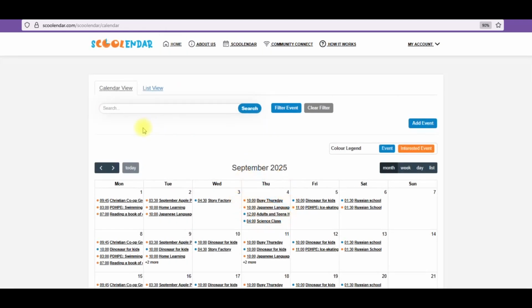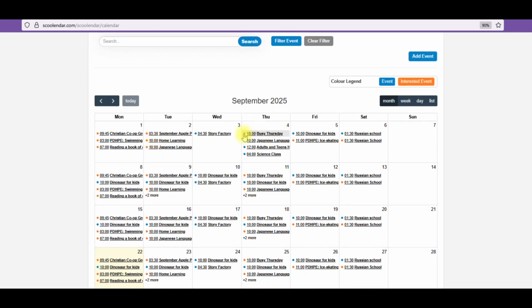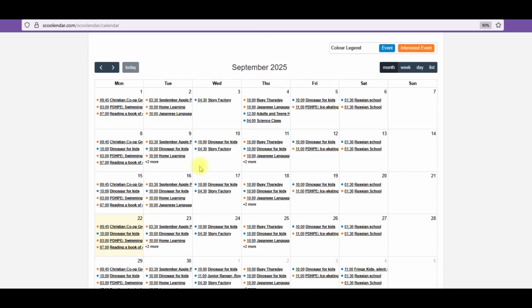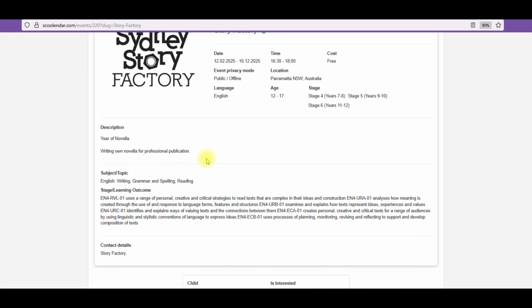Now this stop motion, it's in December, so you won't be able to see that in September, but it will also be marked with an orange dot. Now let's see what else is interesting. Okay, let's go to Story Factory, and actually it's a pretty good organization,